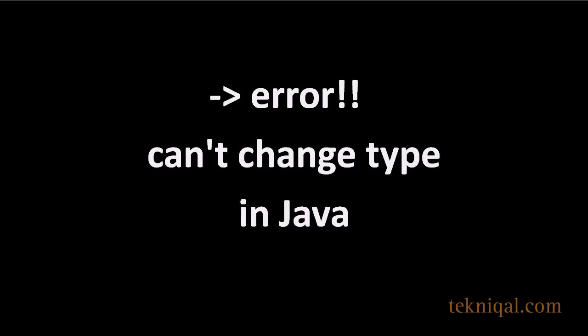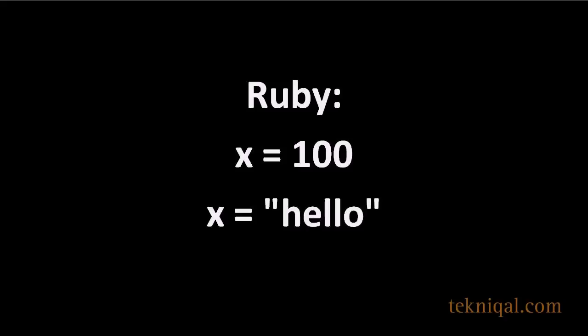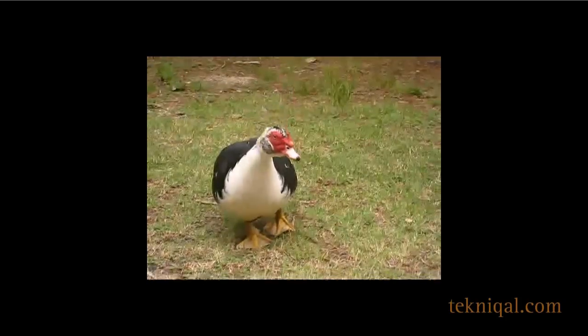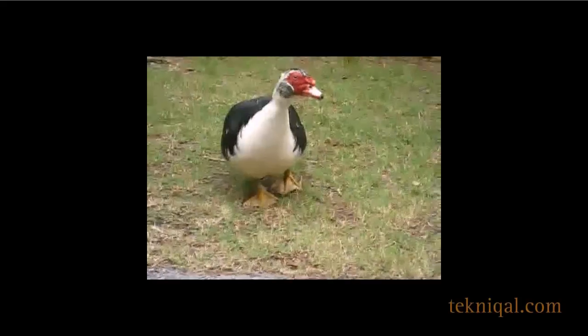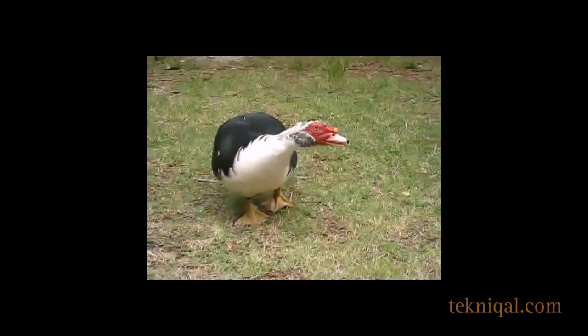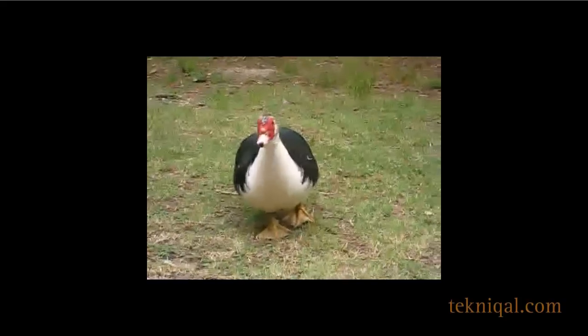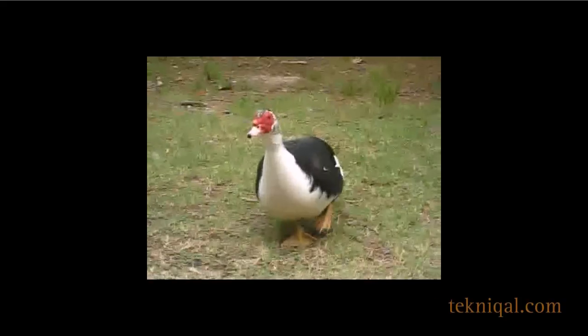You can just assign a value to a variable and you don't need to give it a type, because Ruby is able to figure it out for you. This is called duck typing or dynamic typing. It's called duck typing because it means if it walks like a duck, swims like a duck, then it's probably a duck. And if it looks and acts like a string or an integer, then it's probably a string or